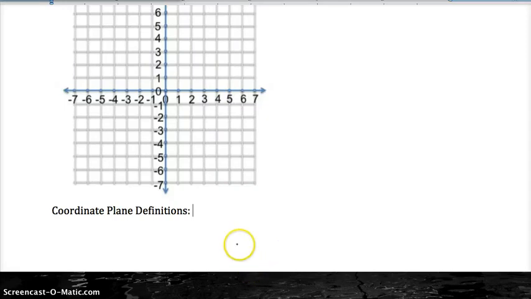Hello everyone. Today we are looking at the coordinate plane, and this is lesson 1-6 in your book. Some of you may have already seen the coordinate plane before, but we are going to look at it one more time because we're doing a project with it tomorrow. So in case you have not, these are the definitions that you will need to know when we have our